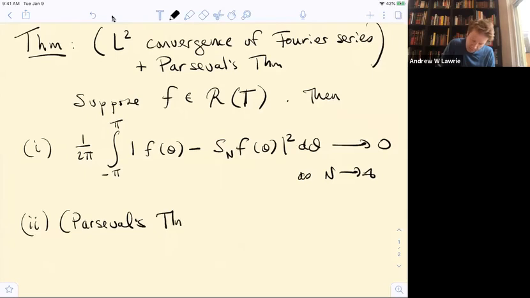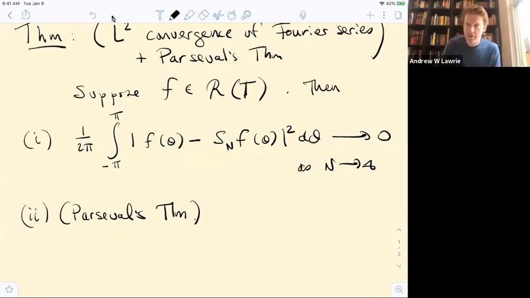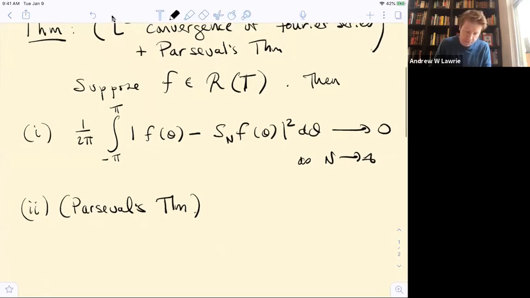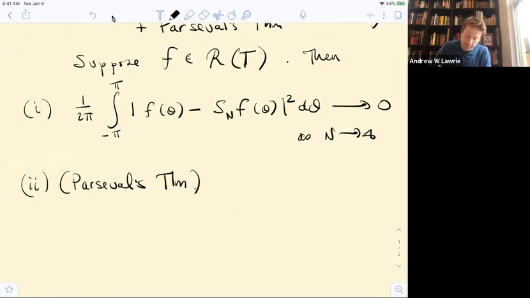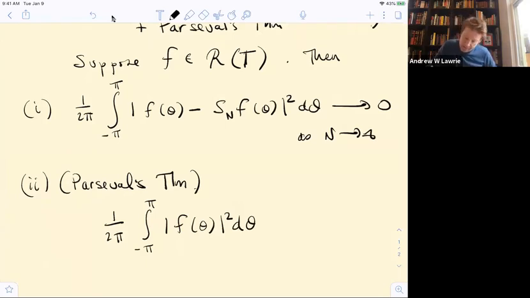This is a deep theorem. But this whole thing is a deep theorem. And as we'll see coming up, this is somehow the proper setting, or one of the most useful settings, in which to interpret Fourier series. So Parseval's theorem says that not only do I have L2 convergence of Fourier series, but the following identity holds: the integral from minus pi to pi of f of theta squared, if I take my function, square it, and integrate, is equal to the following sum of the squares of the Fourier coefficients.